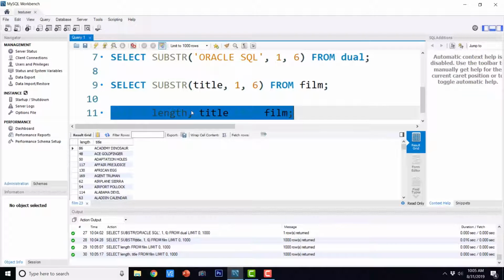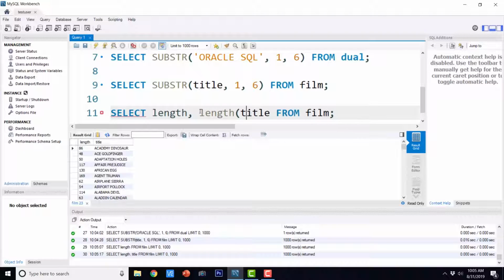Now, if I want to see the length of any string, there is a function known as length itself. Here length is a database column. I deliberately typed it because I didn't want you to get confused between the character column name and the built-in function. It is always a good idea not to keep your table name or column name the same as the built-in names of functions in the database engine. Here they have committed this mistake, and let us see what happens.